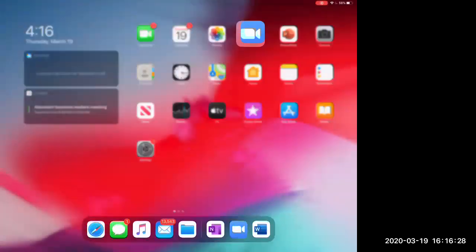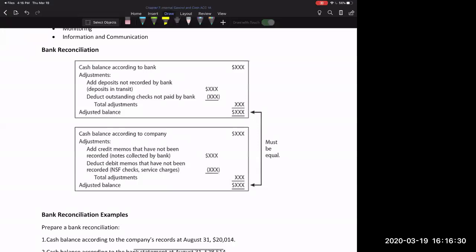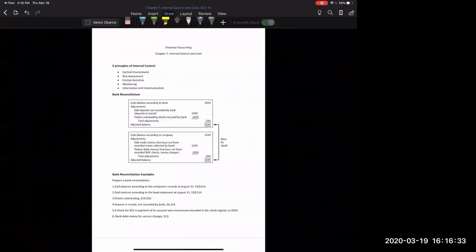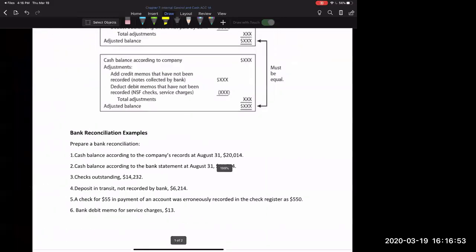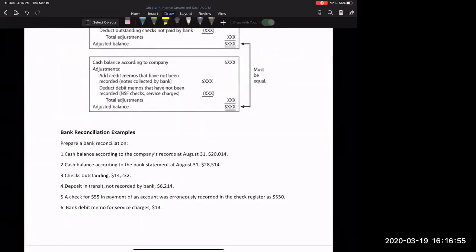I'm going to share my screen with you guys. So here is the handout you guys should all have right now. This is part of the demonstration, if you're watching a demonstration video, this should be the chapter 7 handout that you can follow along with. As mentioned previously, here's our 5 principles of internal control. Here's our bank reconciliation template. And then at the very bottom, this is where we're gonna focus our attention on looking at the bank reconciliation